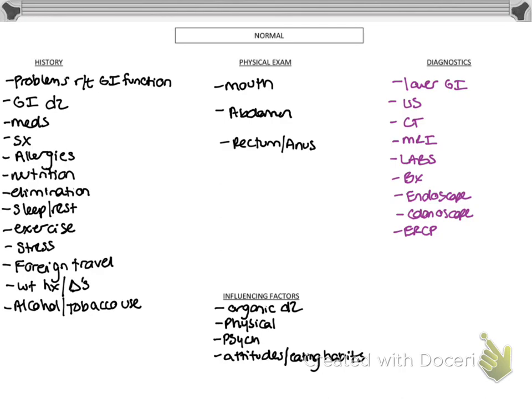Attitudes and eating habits. We talked about this a little bit before. It's hard to change a child's eating habits if they're doing what their parents are doing. And most parents don't like to be told they're not parenting well, right? As a parent, the worst thing you could probably tell me is that I screwed my kid up, which I probably did. They're going to therapy.